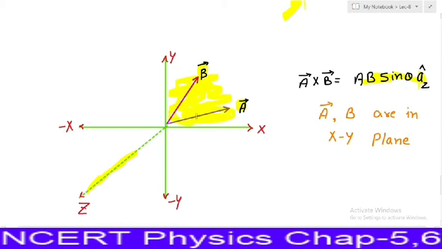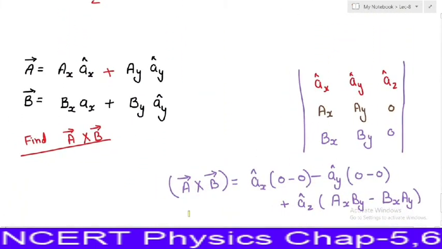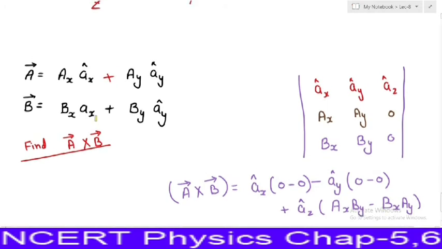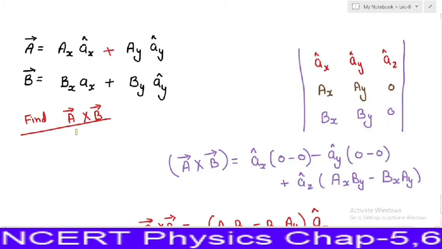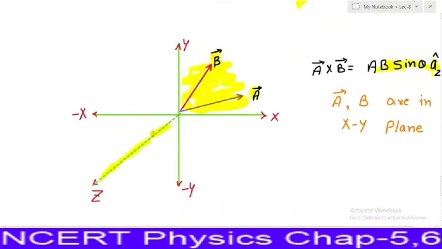Therefore, to get final cross product, first of all, we have to convert both vectors in terms of ax cap and ay cap. And how to convert in terms of ax cap and ay cap? This we already know. Now in cross product, it is very much clear that now 3D is involved. Till now we were solving all the problems in 2D only, means we were using x-axis and y-axis. But now in cross product, third direction is also involved. So we will assume x-axis, y-axis and this is z-axis. If we curl our finger from x to y, then thumb would be in z direction.